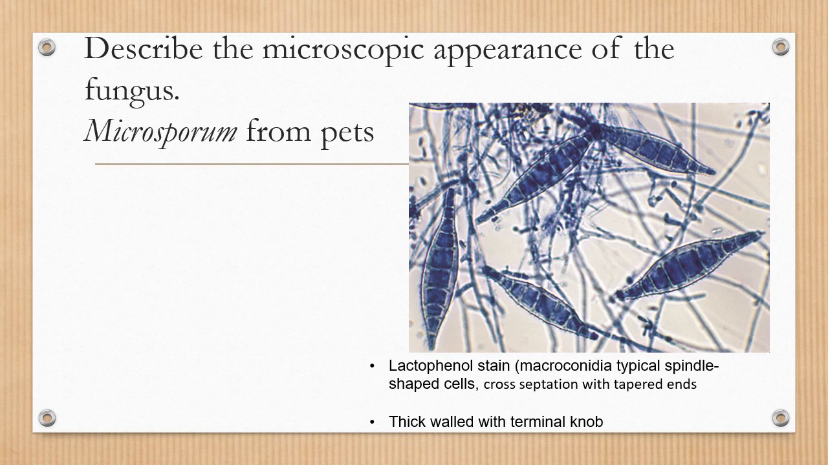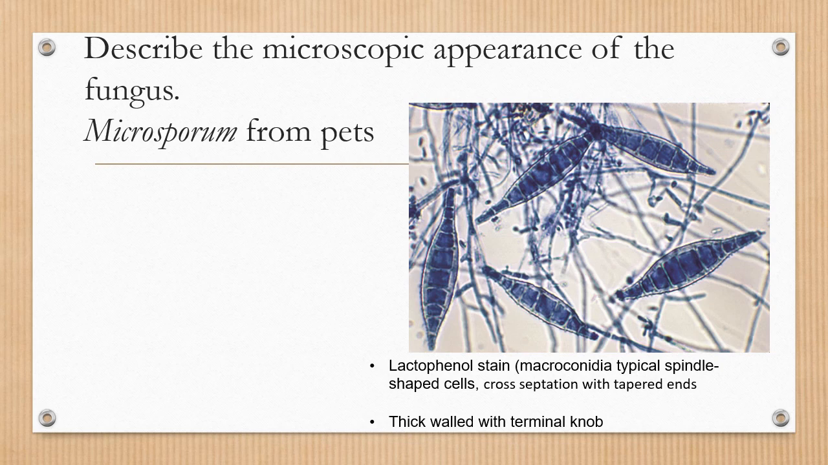Again, we take a small amount of that colony and treat it to observe the microscopic appearance, and this is what you see. Why do you see it in blue color? Because we stain it with a blue stain called lactophenol stain. And the typical appearance is